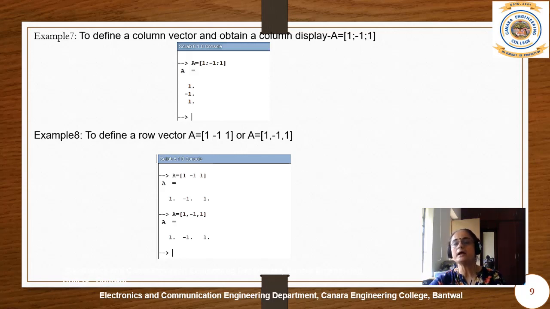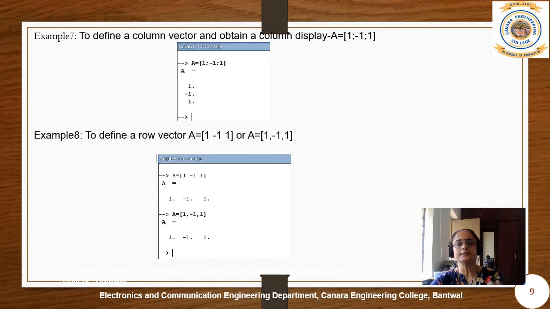The moment I write this semicolon, it comes to the next line. So you can observe here A is equal to 1 in the first row, -1 in the second row, and 1 in the third row. That is how it is going to display.